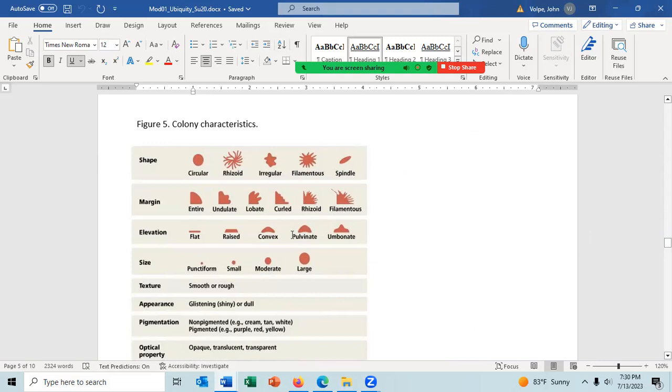But I'd never ask you whether the elevation of the colony is convex or pulvinate. But you should be able to tell, if you can see the colony, whether it is flat, raised, or one of these two, or umbonate. The size of the colony